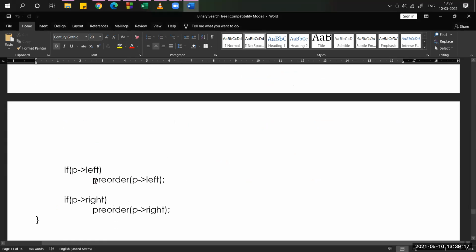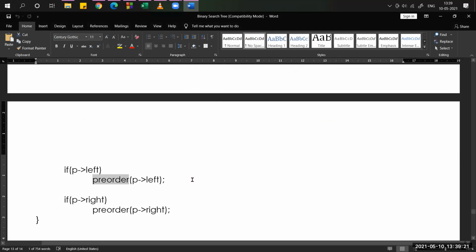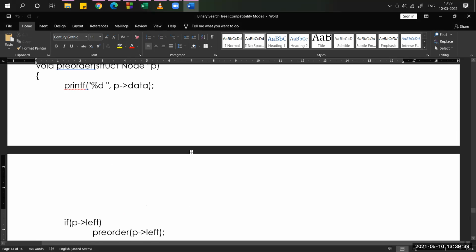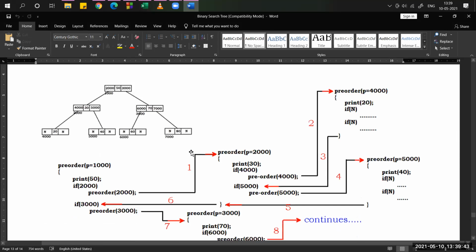That's why I'm naming the function pre-order. Then we take the left node address, then the right node address, until we display all the left subtree values and right subtree values.